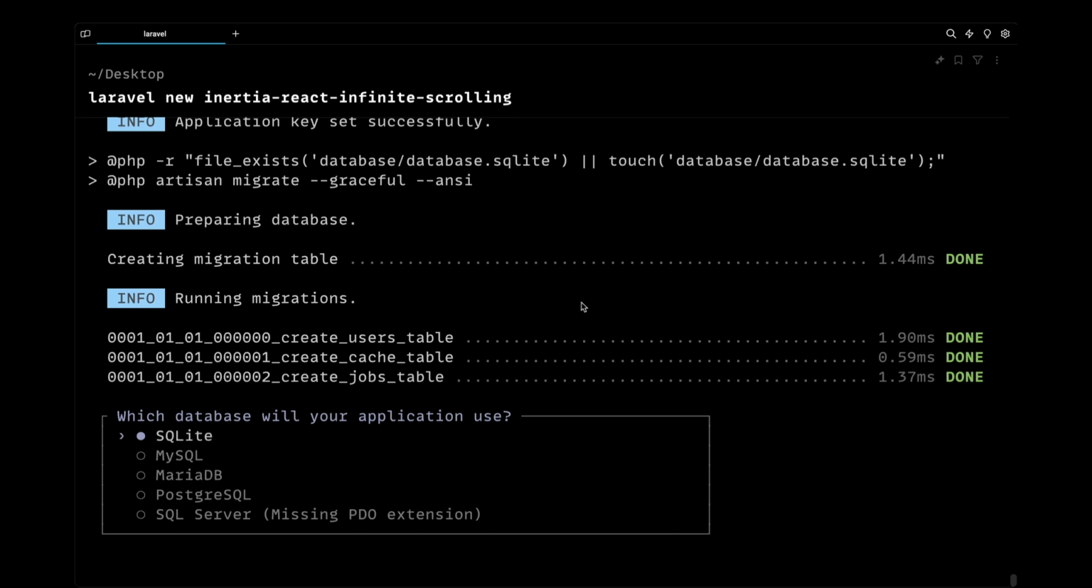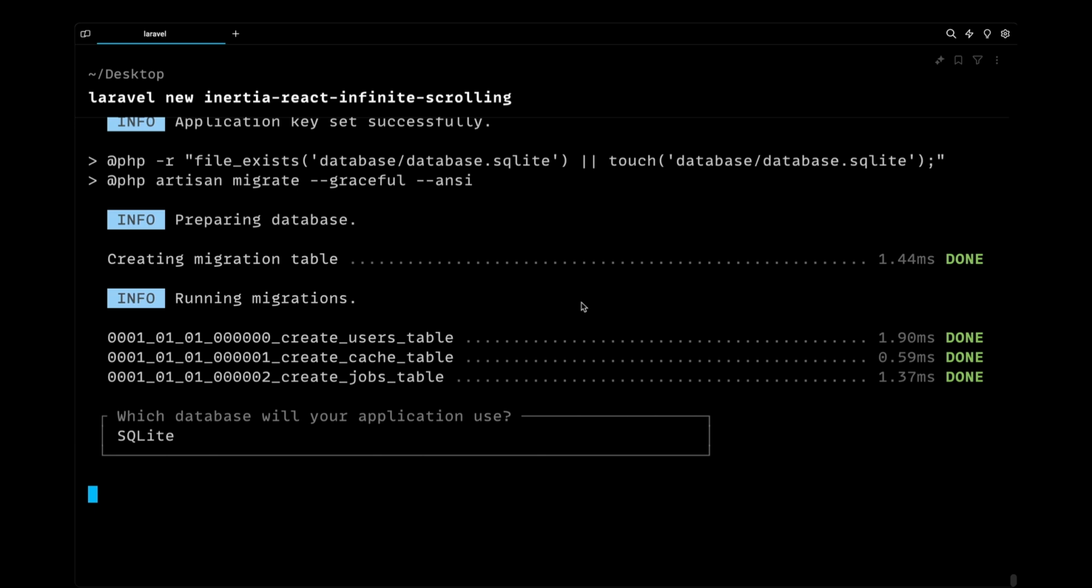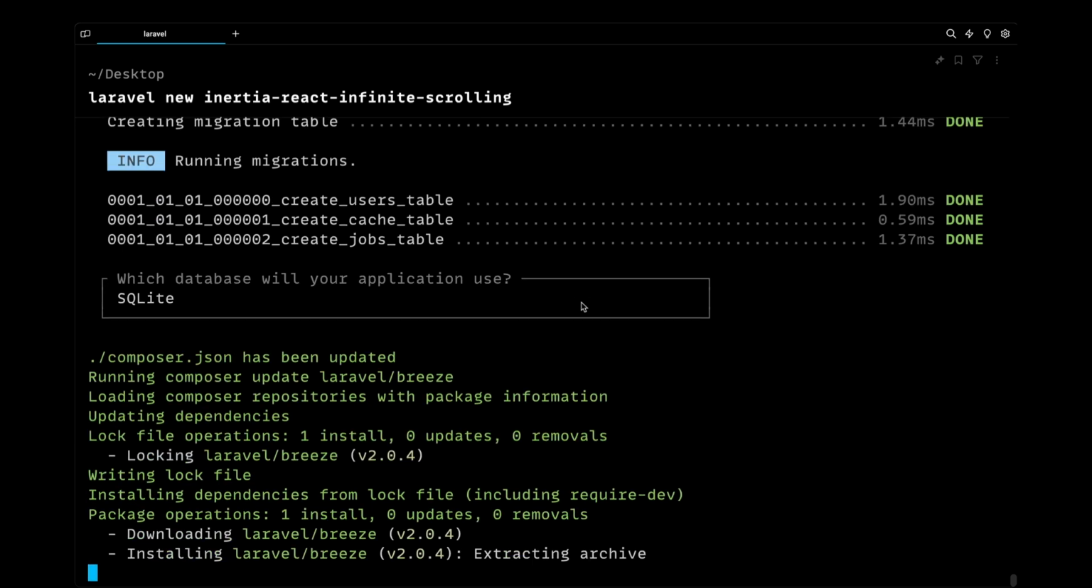And if you already have a project where you need to implement infinite scrolling, then you can basically skip the initial lectures about setting up the project. You can skip these lectures and directly watch the lecture where we actually start implementing the infinite scrolling feature. So yeah, in this case, I'm going to choose SQLite, and the project is going to